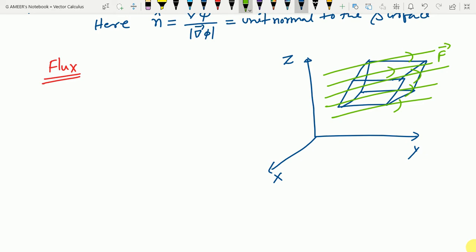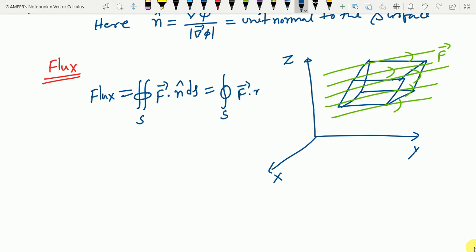Now the flux is defined as, again, the surface integral, obviously, F dot n cap dS, but the thing is it is a closed integral. You can even indicate it with a single integral sign, closed, and put the S here. S indicates the surface: F dot n cap dS. When we take examples, then you will understand what the surface integral is. Okay, fine.